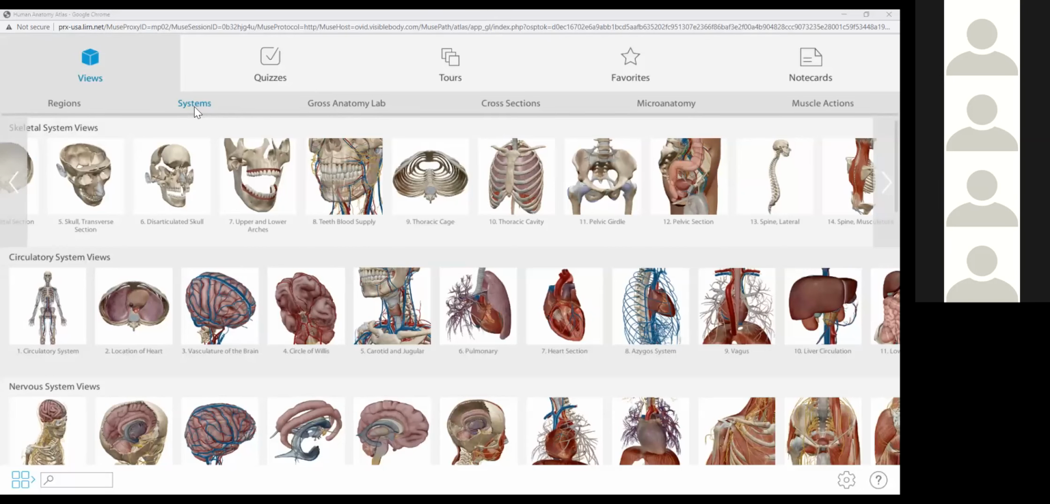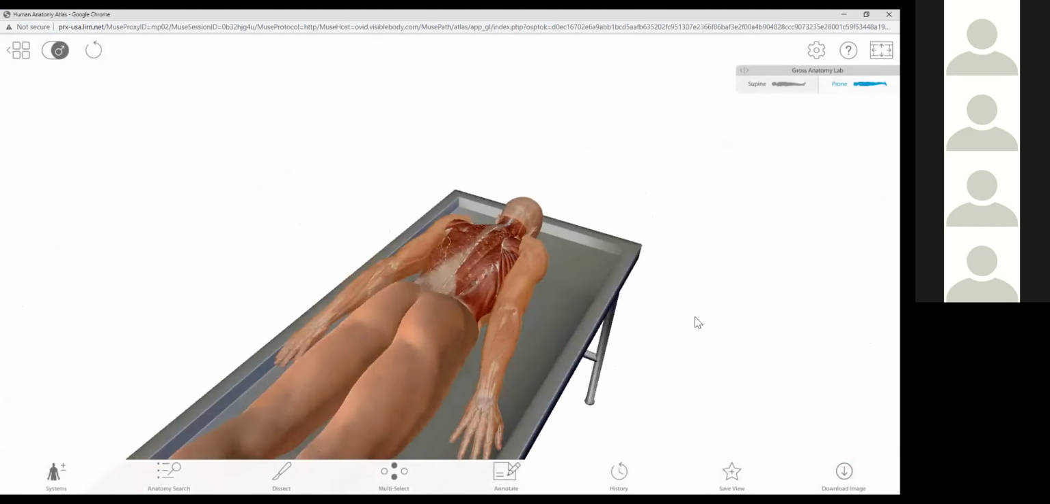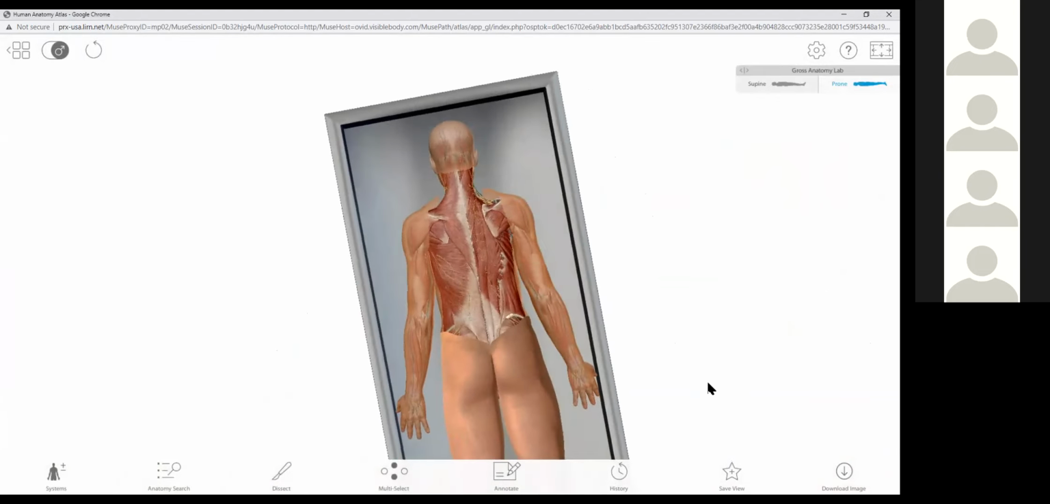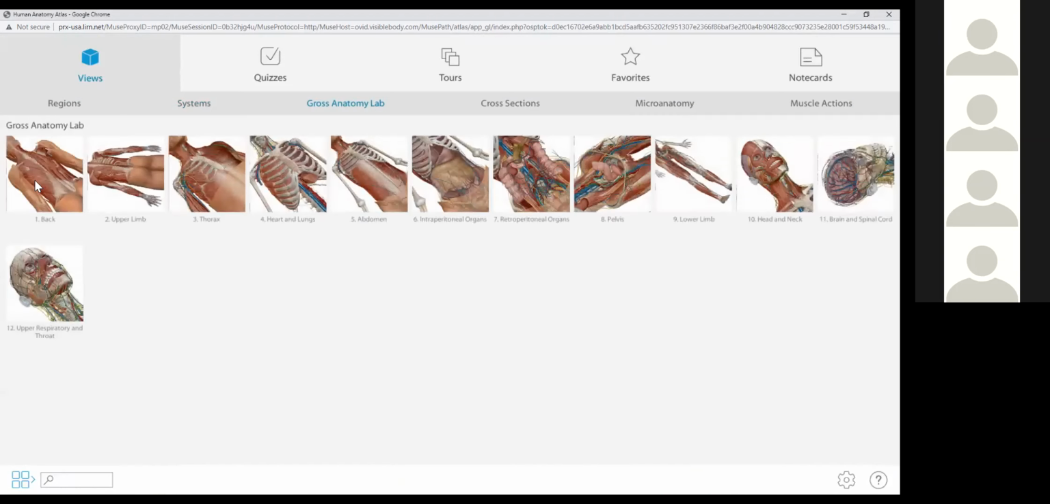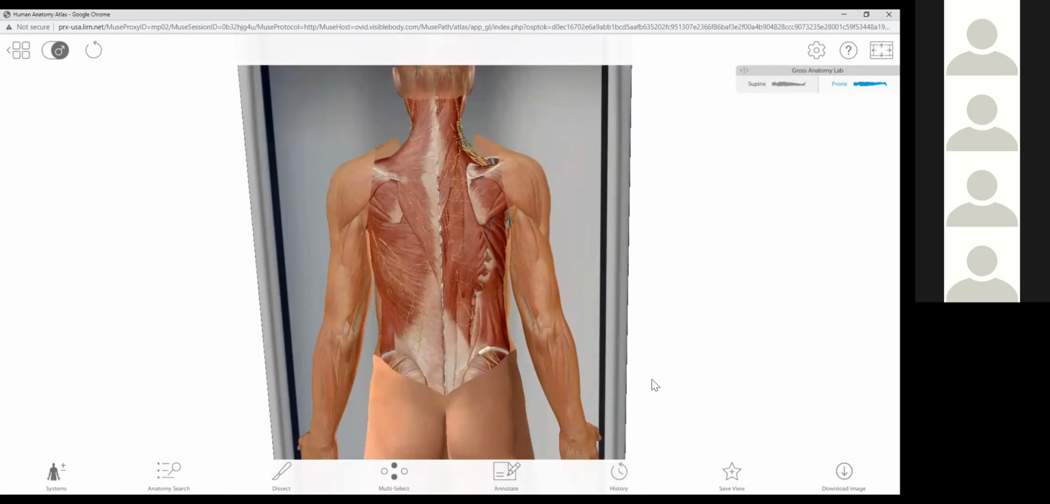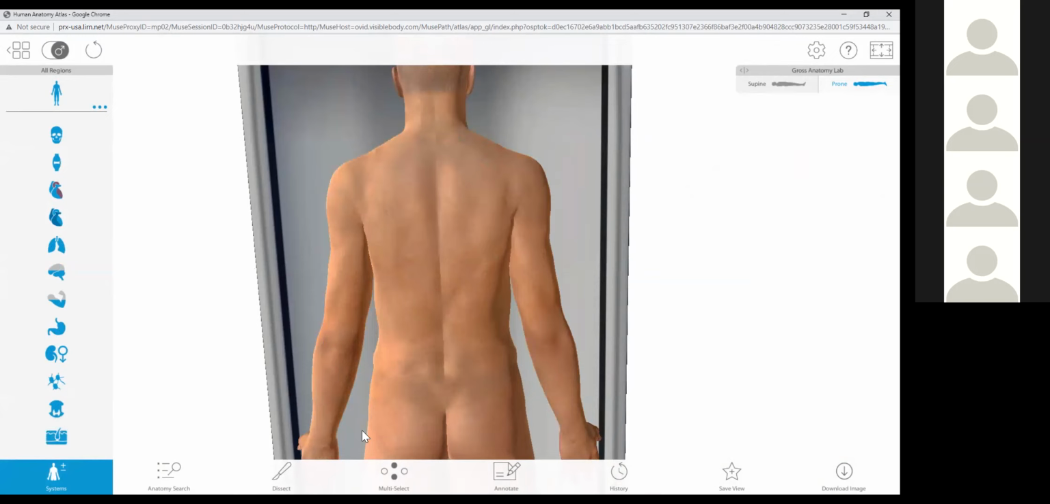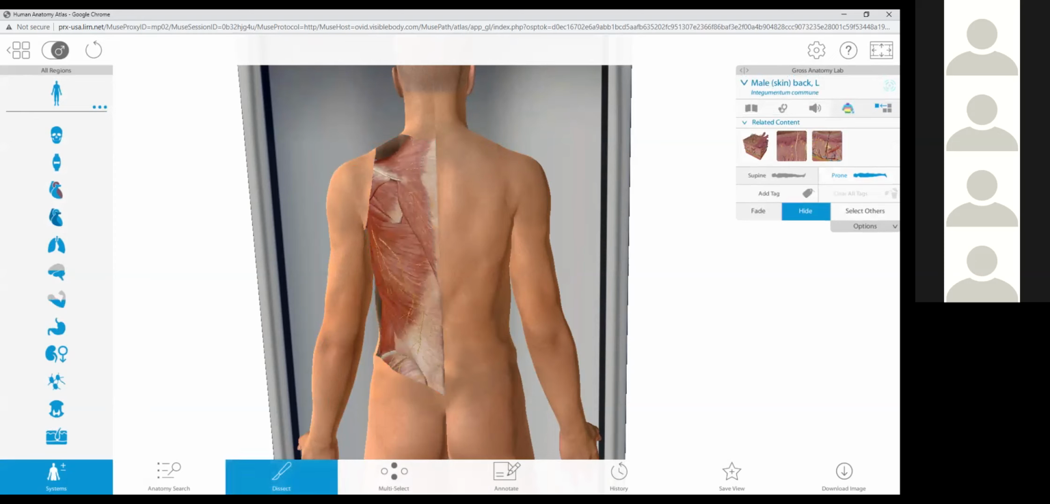Yeah. Let me bring that up for you so I can show you. There is a way to do it. Let's go to Gross Anatomy Lab. So if we have this gentleman here, I'm going to add skin to him so you can see it a little bit better, full skin. So using the dissection tool, click on it down here, and then you're going to do your cut. To put it back,